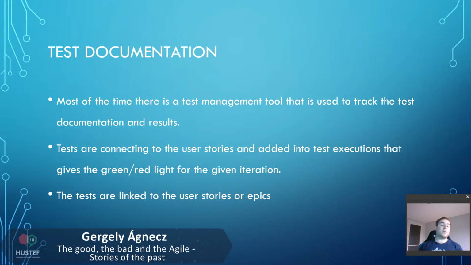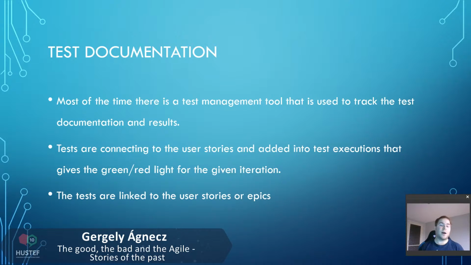Here, the most important thing is that the tests are linked to the user stories and the epics. This is important because in Agile, we don't really work with the traditional test policy, test strategy, and test plan documentations, because here, each and every iteration, each and every user story has different documentation, and these documentations are stored in test runs, test executions, in different points in the test management tool, because each and every test management tool has a different name for this,